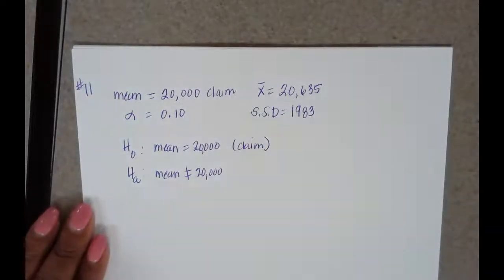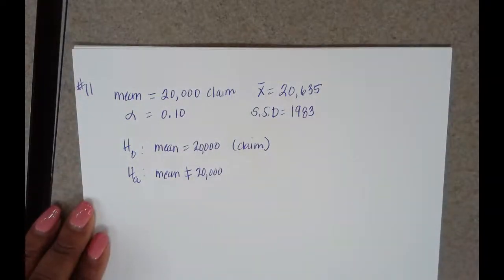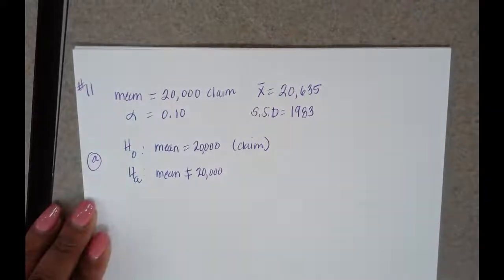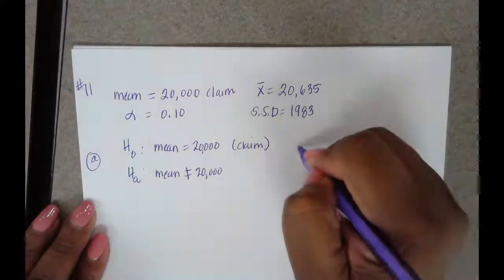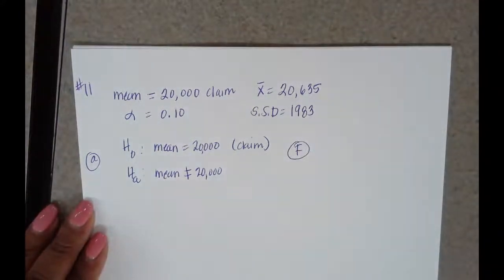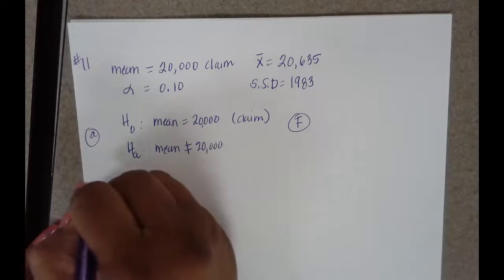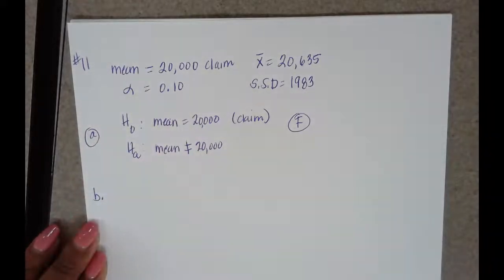Okay? Alright. So that's the first part of our question, Part A. And so part A then would take us to answer choice F. Okay. Let's go to part B. Part B says